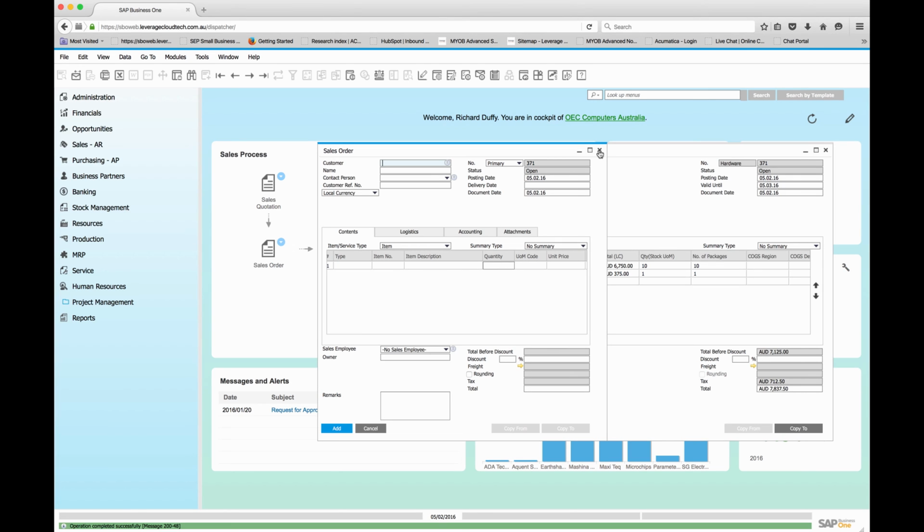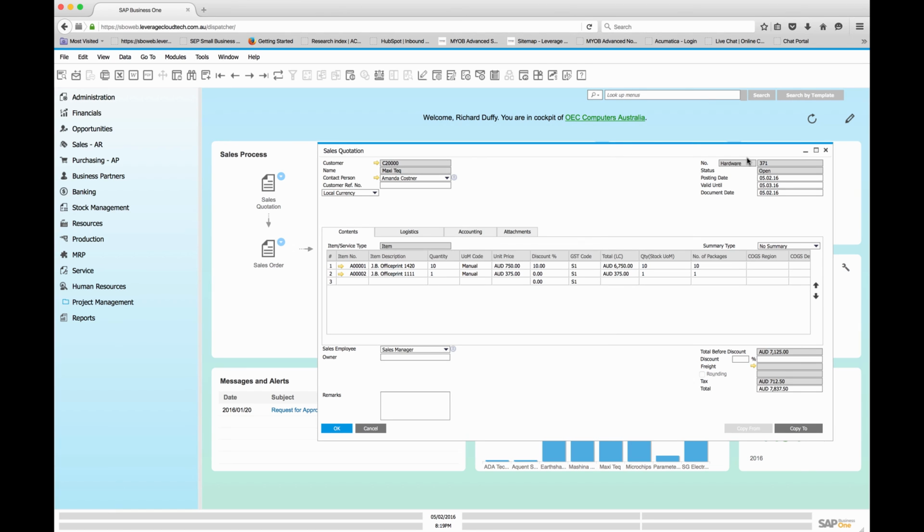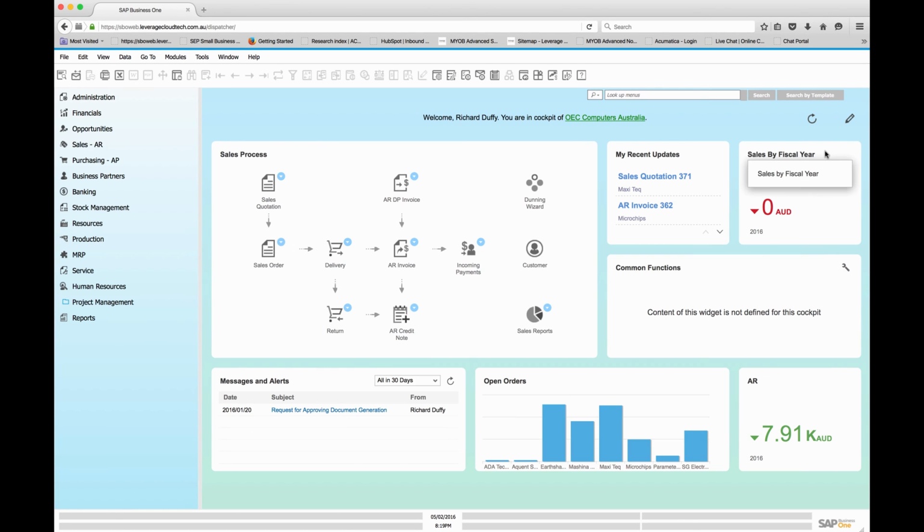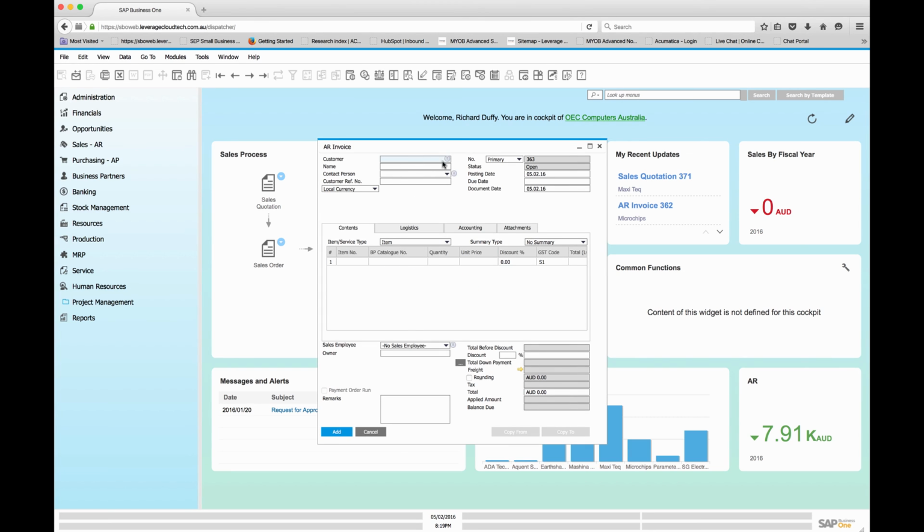So what's the next step in our process? Let's close out of here and let's close out of our sales quotation. The next step might be to create a delivery. Well, in this case, the customer's come in to pick up the product. So I'm just going to go straight to an accounts receivable invoice. So I can choose accounts receivable invoice. I pick my customer,